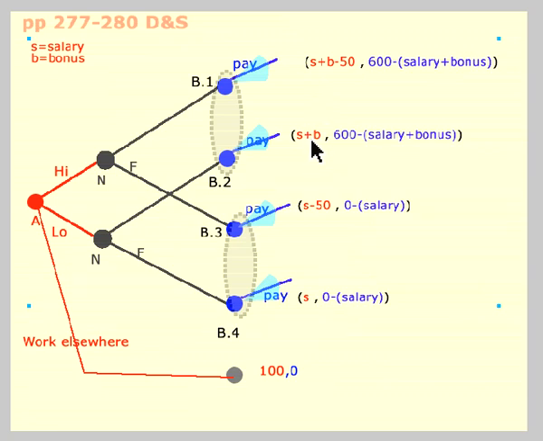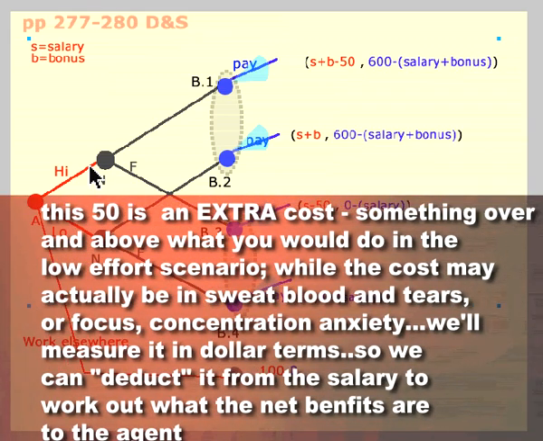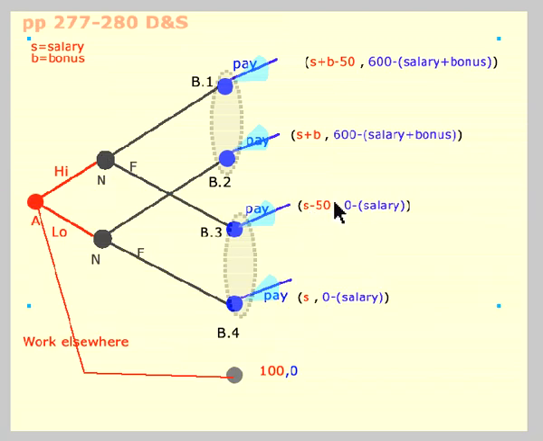What about this number 50? Well, what we've done here is we said if you put in high effort, it's going to cost you. Okay? A low effort doesn't actually cost anything, but in this situation, if the red player puts in a high effort and there's a failure, they get their salary, and we take off 50 for this. It's just a deduction for a cost of effort. If they put in a high effort and a success, they get their salary and the bonus, and they have to pay this high cost.